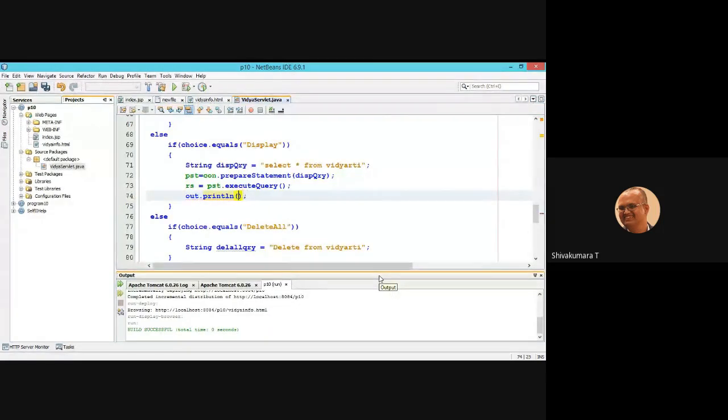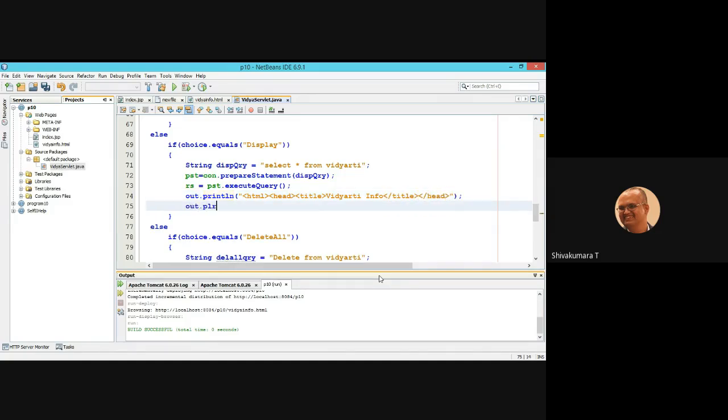So here I'm going to display the result in tabular form, in the form of a table. For that, creating HTML, head, title, Vidyarthi info, title, head. out.println. This output is going to display onto the user's browser. Next, body.